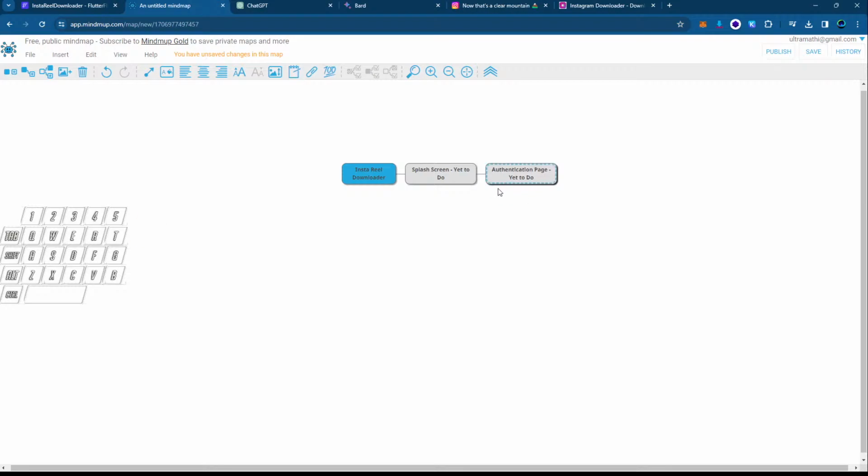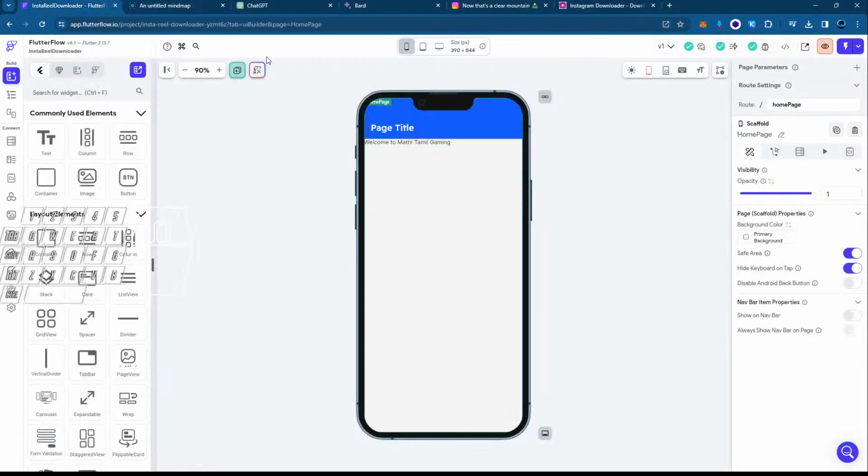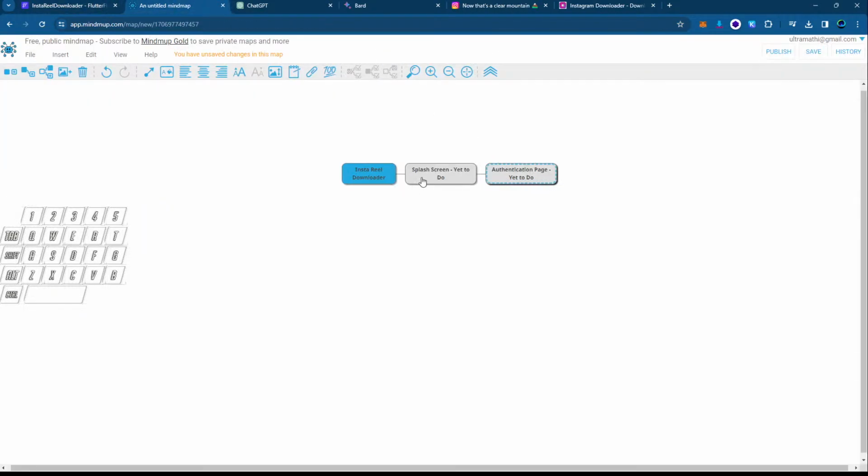We need to create all the pages over here. Okay, this is also something we need to do. Then we will insert, okay, it's not a sibling, we will insert a child node. If logged in, if login is success. Okay,